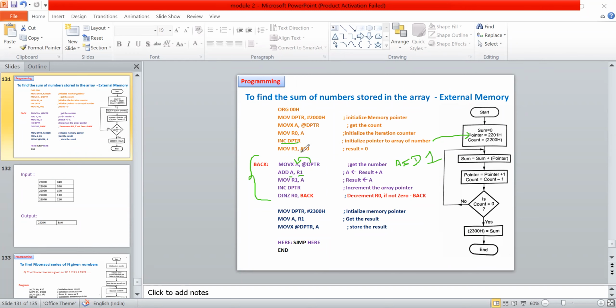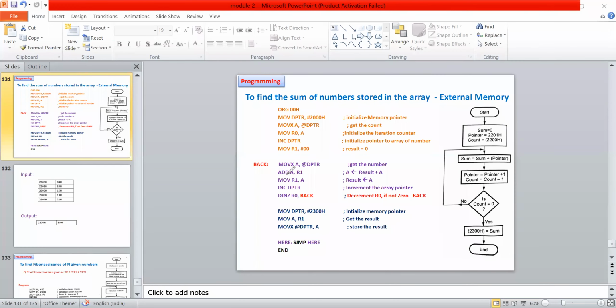Initially the sum is equal to 0. I'm adding that sum. Finally, the data in the accumulator plus this result, that is 0, is loaded in the accumulator. Final result in the accumulator, that data I'm moving to the R1 register where my result is going to be loaded.